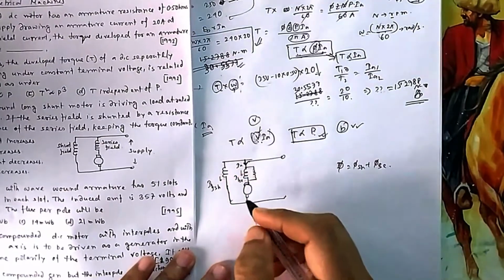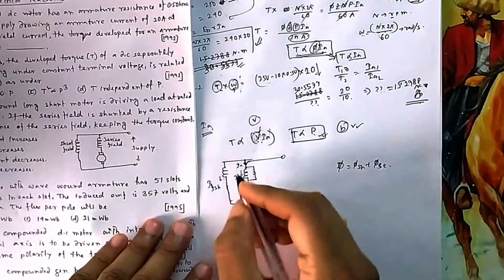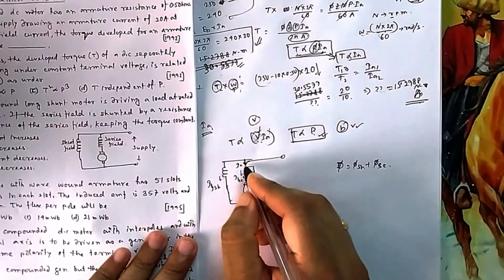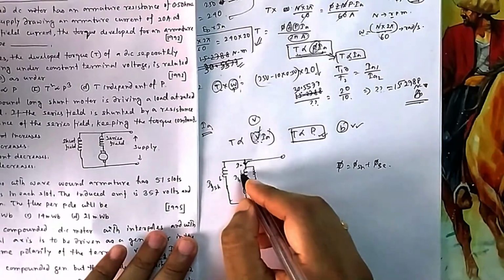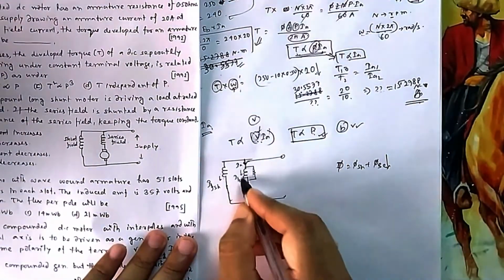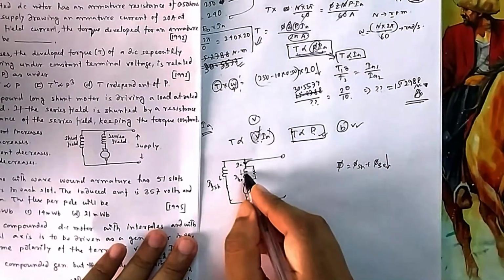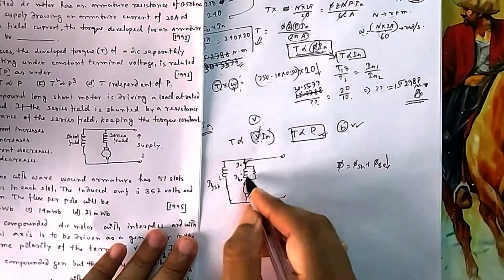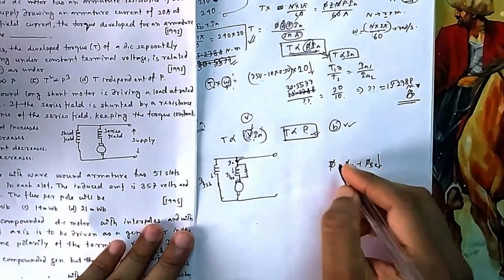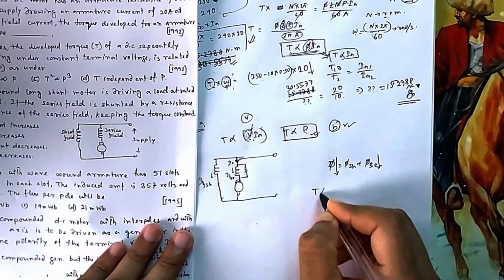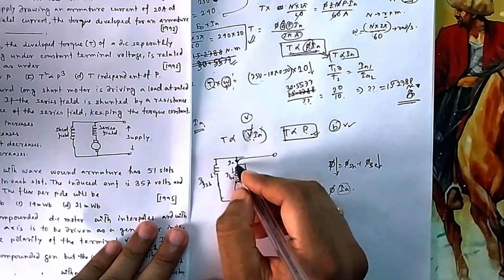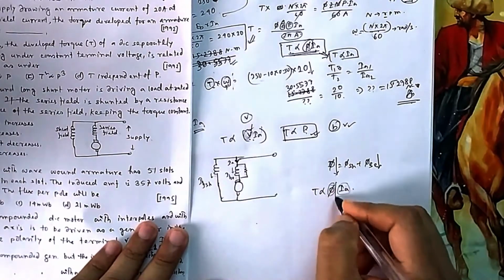And Ia, this current, is also fixed. Now what will happen, because you have created one parallel branch, this current will have two paths now. So obviously this will reduce. The flux due to this field will reduce, because the current entering here will be less, since it has two equal paths, so it will be divided almost equally. If phi is reducing, then your torque is directly proportional to phi into Ia.